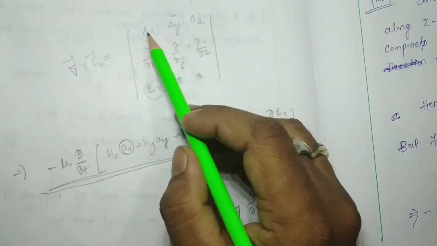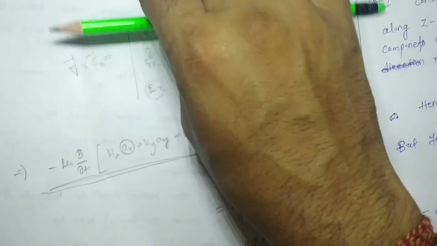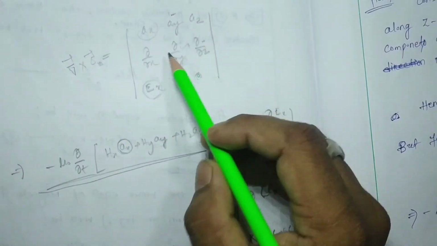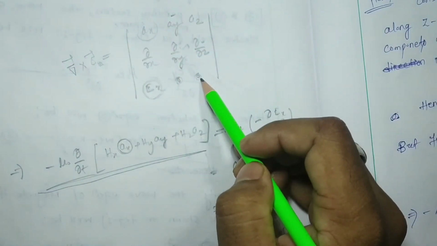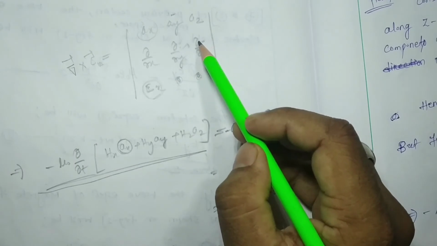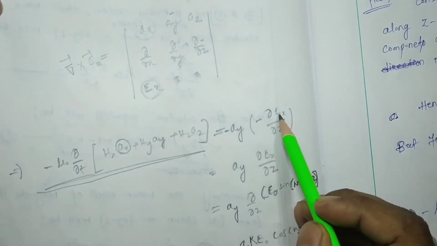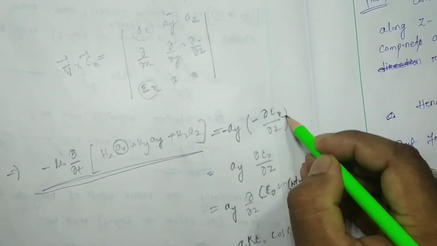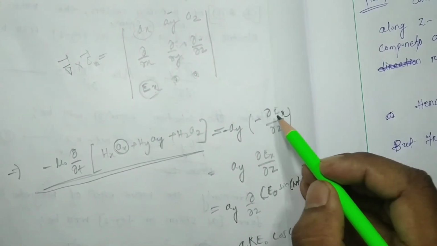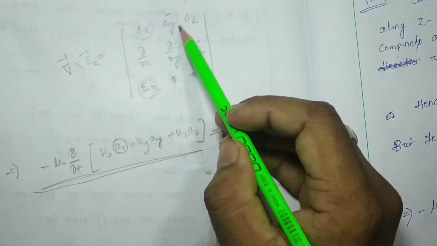Minus ay means this row and this column we have to restrict, and this will be del by del x of 0 minus del by del z of ex. So 0 minus del by del x, this is del by del z of ex. Got my point? Minus ay